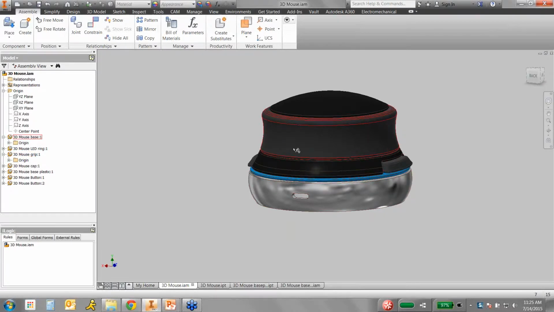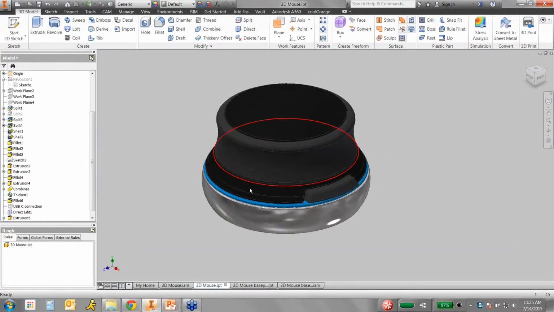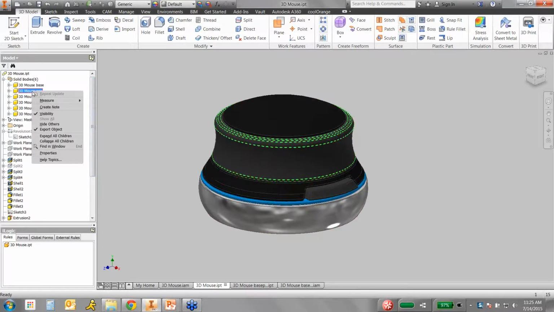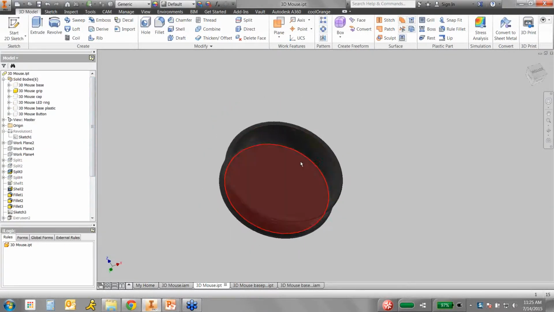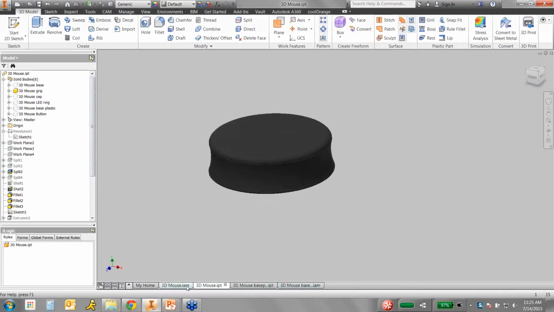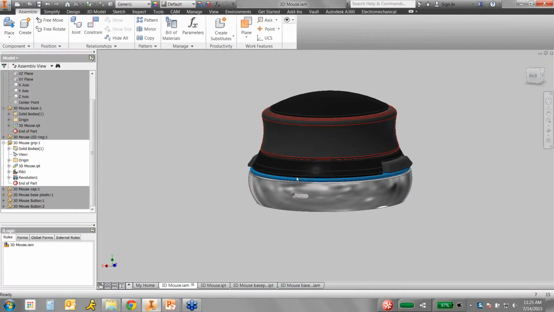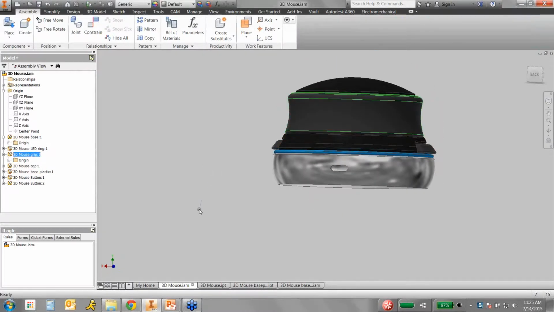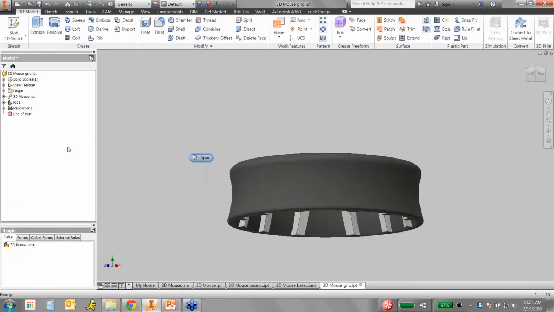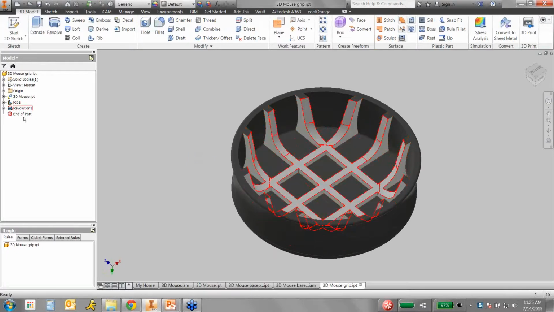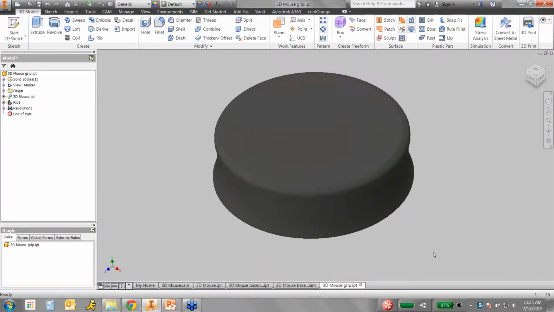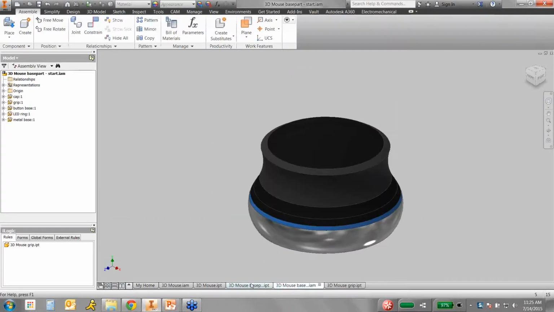Now, in addition to modifying them from the original file, we can also modify on their own. For example, if we look at this grip, we'll notice that it's just hollow in the skeleton file. But if I open it in the assembly or in its own window, you'll notice that I've actually got downstream modeling features that I added after the fact inside of that. So it's just one of the many ways there is to work with